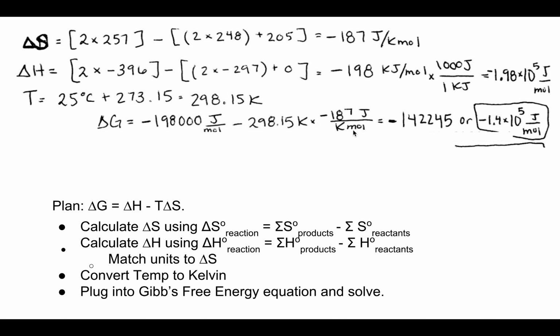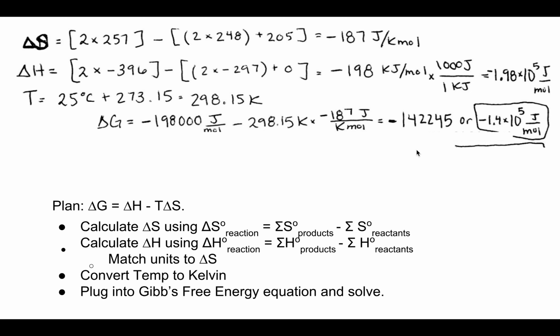187 joules per kilomole. I like to write my units in because then I can make sure my units all match. So Kelvin cancels, and you're left with joules per mole minus joules per mole, which will make my answer joules per mole. And so here my answer is negative